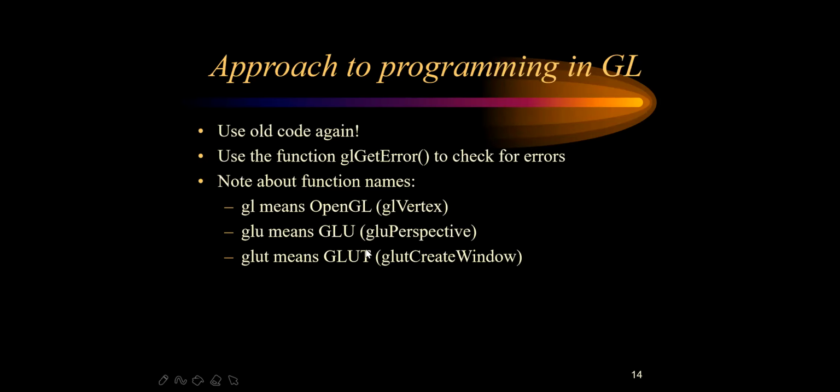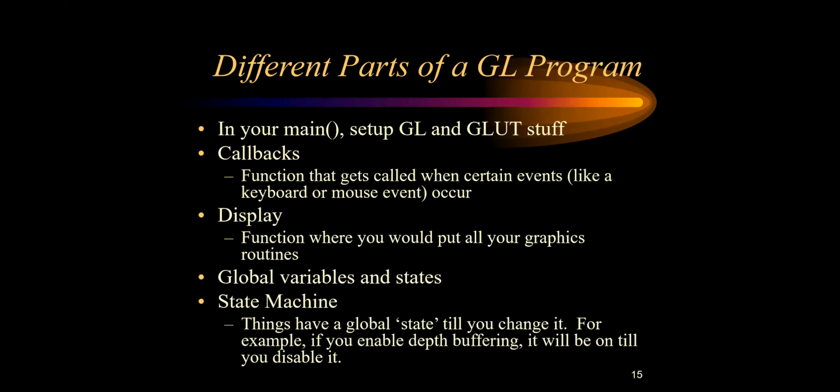gluPerspective in the sense, if you want to have some projections, or if you want to see on what basis the projections have been established, at that time you can use the perspective way or parallel way or any kind of way to find out where your image is present. These things are just one example or some kind of approach towards your programming in GL. In this way you are going to write it. Now let's see, there will be some different parts of your GL program.